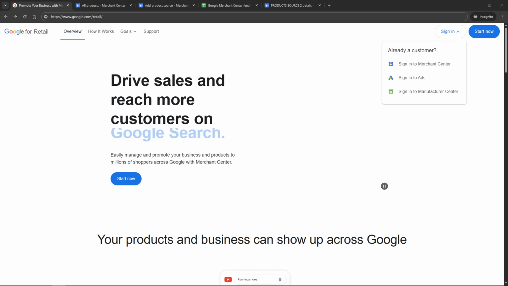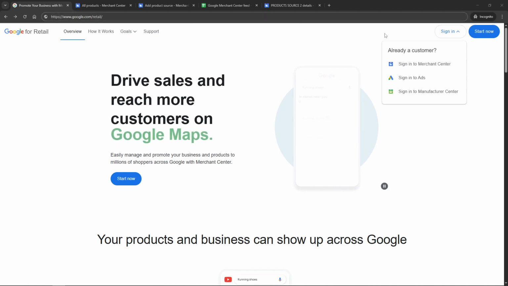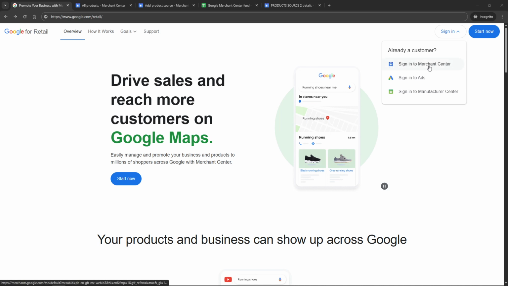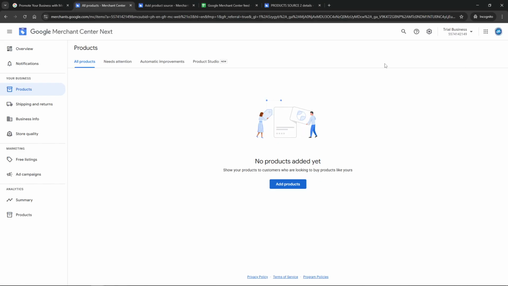To start, the first step is to log into your Google Merchant Center account. Simply open your web browser and go to merchants.google.com. If you haven't set up an account yet, you'll need to create one using your Google credentials. Once you're logged in, you'll have access to your Merchant Center dashboard, which serves as your control panel for managing